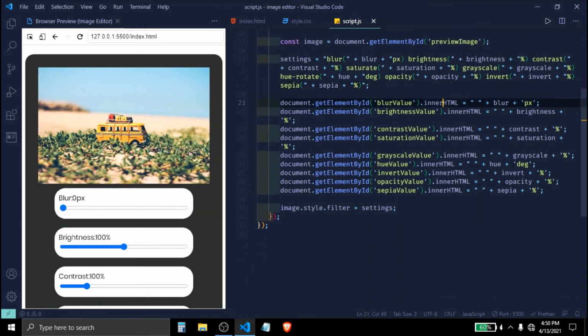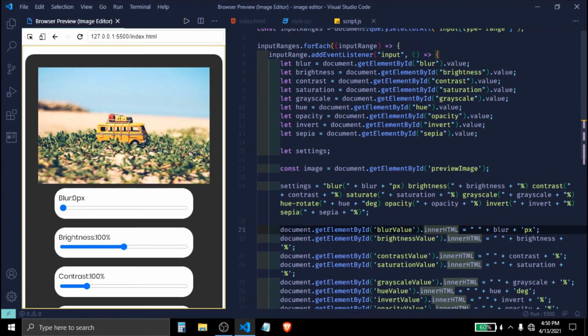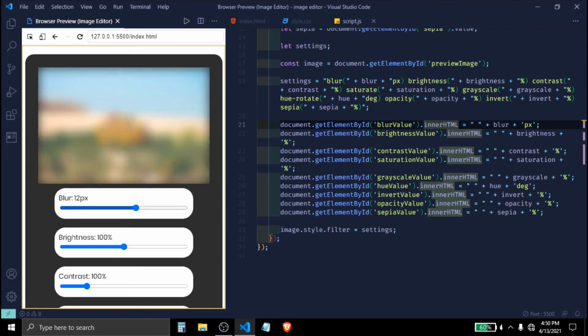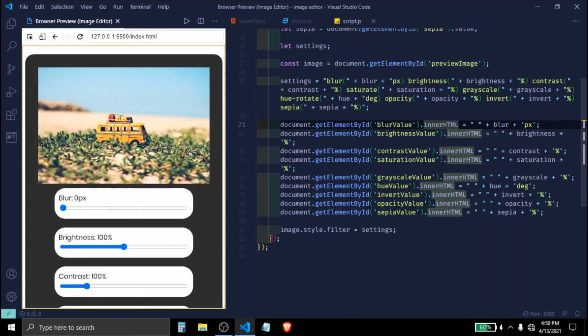So once we store all those settings, and we concatenate all of our variables, you can see here that we are now grabbing all of these spans. These spans are just showing the value to the user. So for example, if I move it ahead, now it's on 12, so it's just displaying the value.